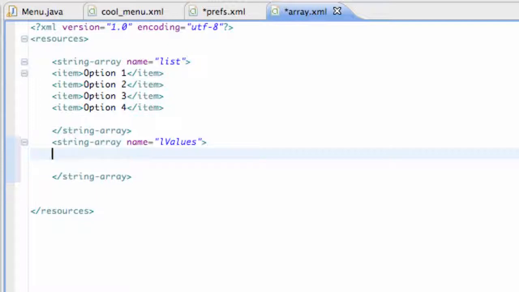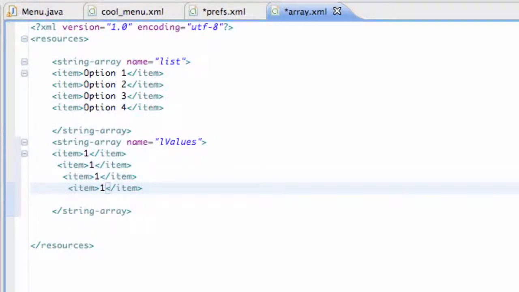Again, item, and we're going to say this is item 1, and then we're just going to copy and paste that 4 times. And this will make more sense once I can show you guys what this is actually doing, but just for now, just kind of follow along, and then once we run our application, it's going to make a ton more sense